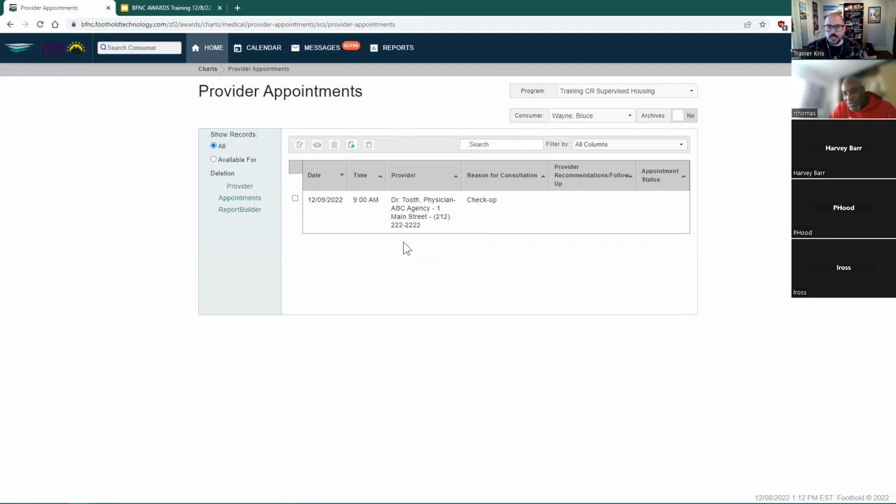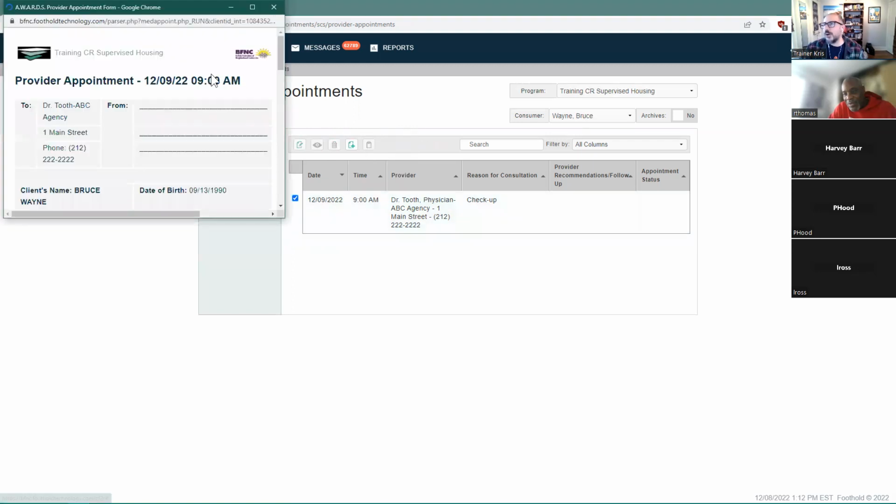And this is optional. I do not know if your agency is using this. However, I'm going to show you the functionality. So you can see that there's a little clipboard here. To access this clipboard, I have to check off the appointment that I'm talking about. I'm going to check off that appointment. You can see all these icons show up. There's a creepy eyeball if I just want to view the information. However, this clipboard button is a form where if I click on it, it's going to open up a form